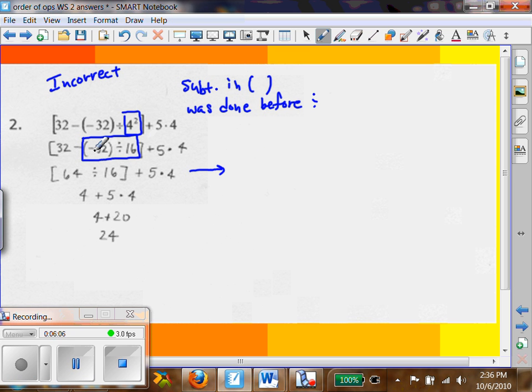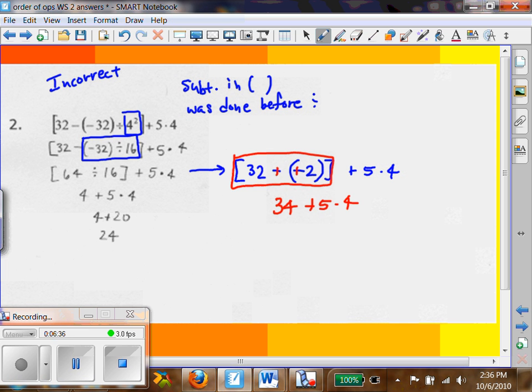So we take negative 32 divided by 16, that should be negative 2. Recopy everything else, so put in your brackets, 32 minus a negative 2, and then plus 5 times 4. We finish off our brackets by subtracting, and of course you are currently rewriting that subtraction problem as an addition problem. So 32 plus 2, which is 34, plus 5 times 4, and then we go to the multiplication, which